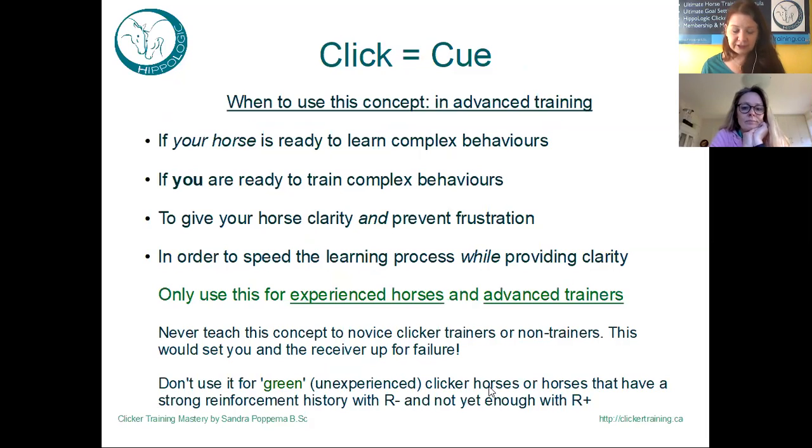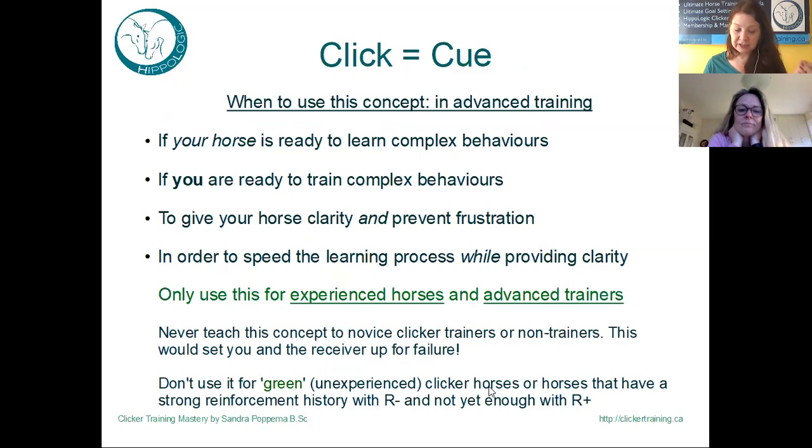For novice trainers and novice horses, you can use this concept to strengthen key lessons like table manners, like behave nicely before I can click you, because you build that into targeting, and then you click and then you wait until the horse again behaves relaxed and is not grabbing the treat, and so on. And click is cue. I will show you a video and then it will become more clear why you don't use it for green